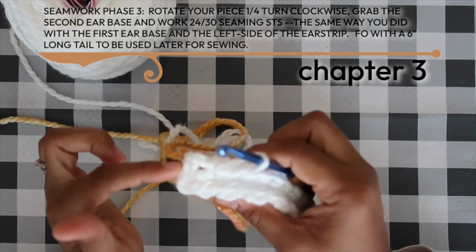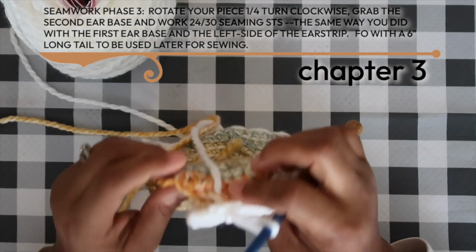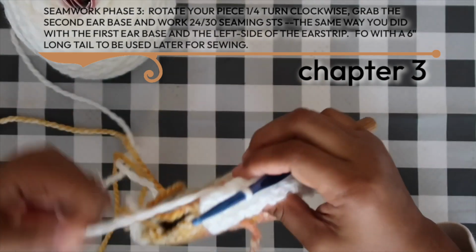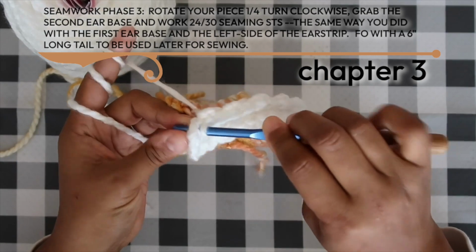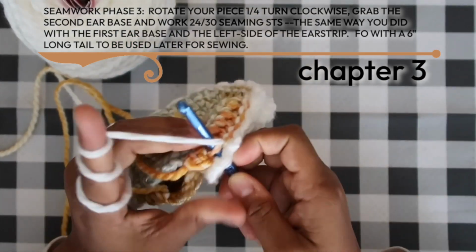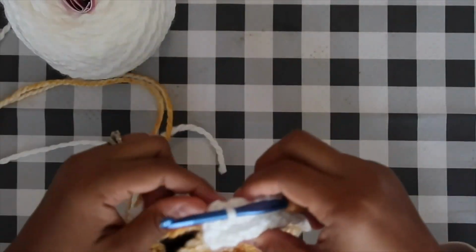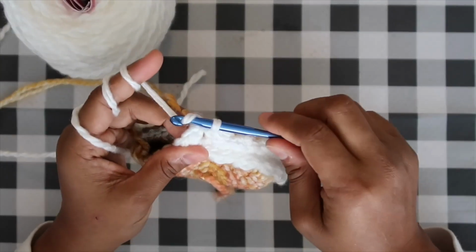Okay, and let's just work this last seaming stitch together here. Again, don't work into that chain 2 at the beginning or the end of that round because that is irrelevant and we will not need that for now. Insert your hook into the last raw edge, the last third loop, pull through both of those and the loop on your hook to complete our seaming stitch, and then you're going to fasten off with a 6-inch long tail,